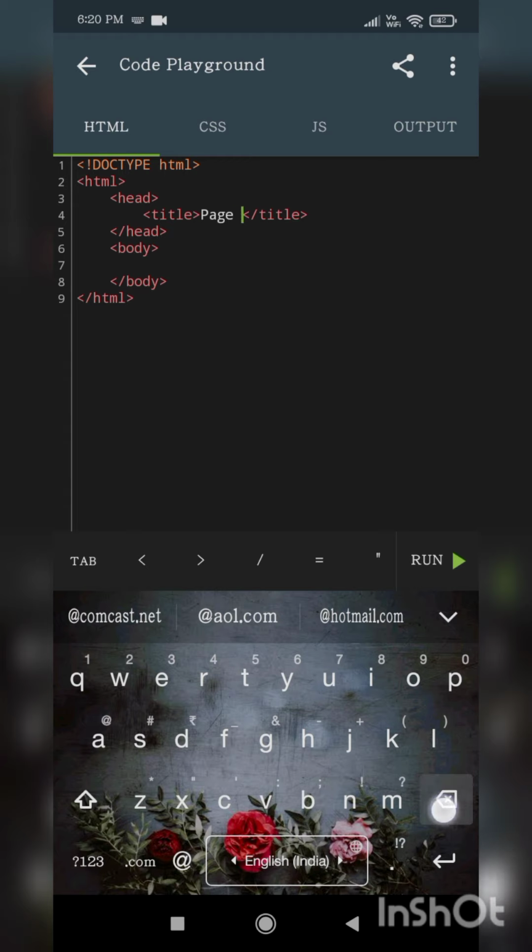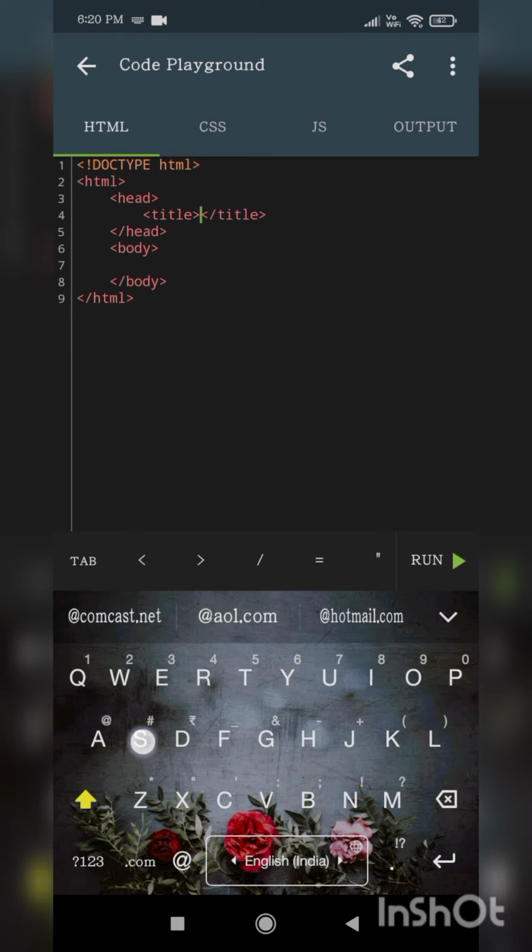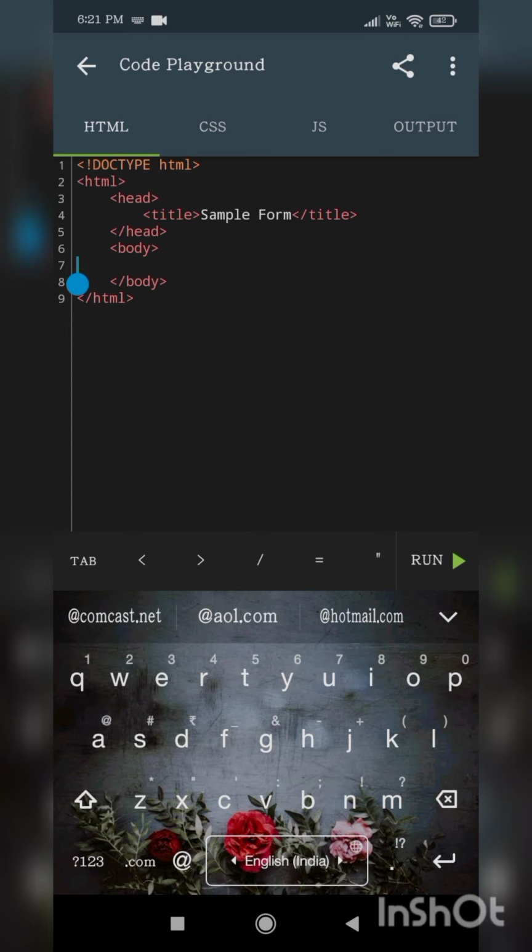So friends, I want to change the page title, as I want to prepare a sample paper with the help of these forms. So I am keeping the page title as sample paper. A form is a collection of fields of information on a page. It includes content and text boxes, radio buttons, drop down list, menu box, check box, password box, etc. Now let us create a sample form.